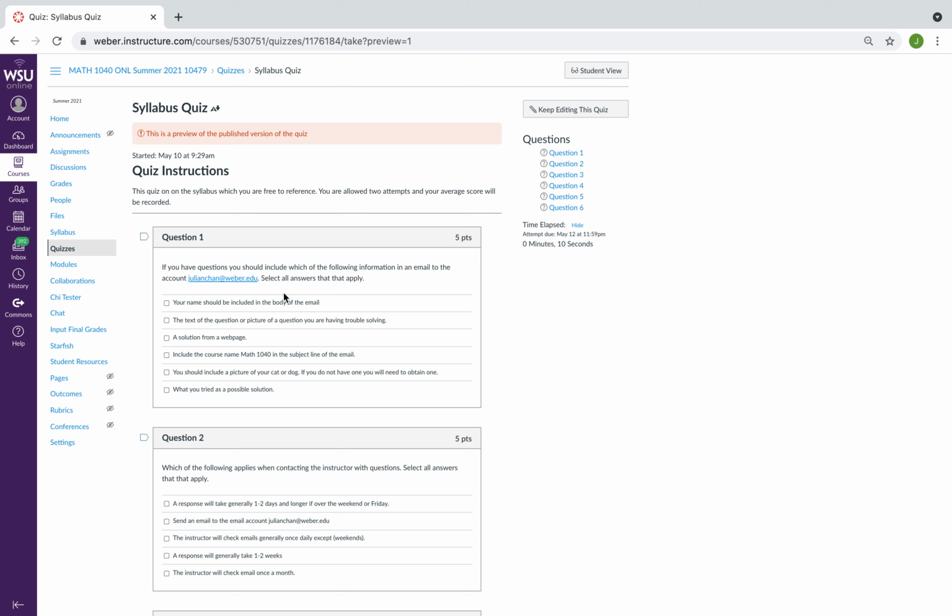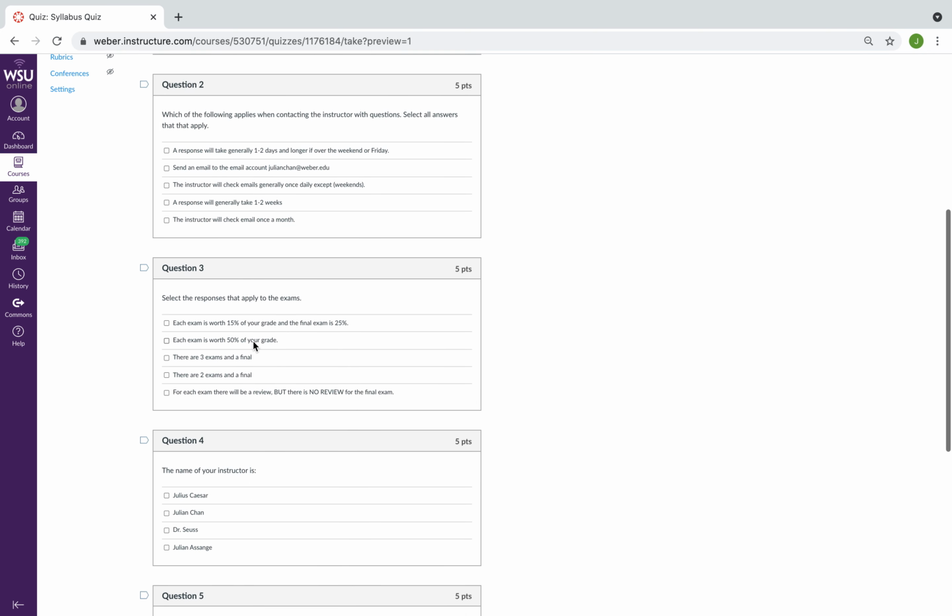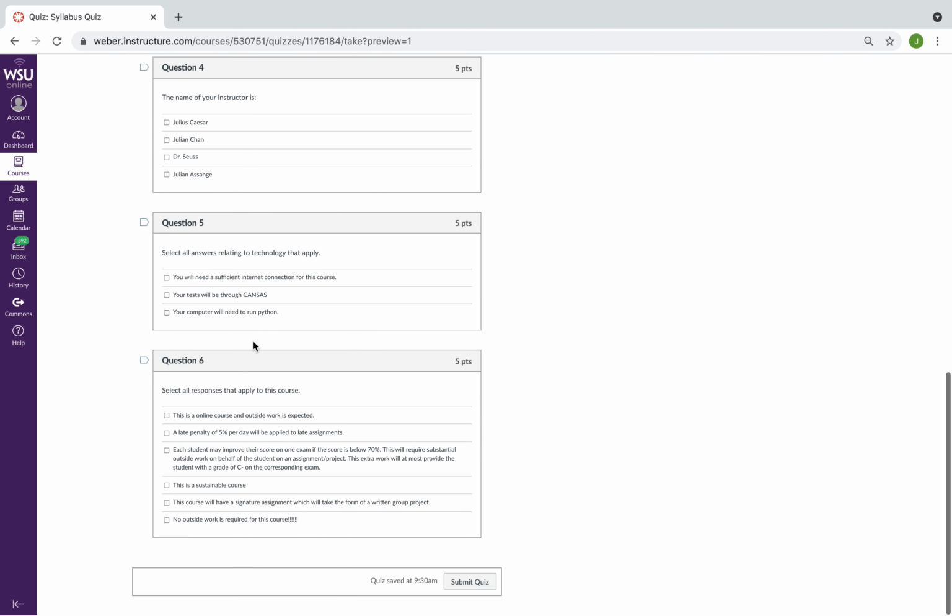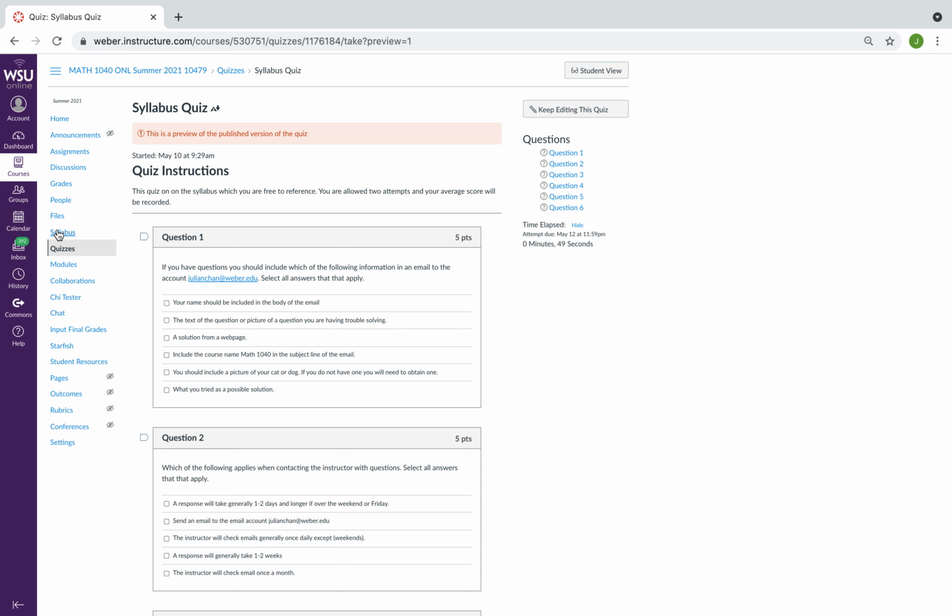Because this is an online class, most of our communication is going to be via email. And so when you send an email to me, send it to this address, and I'd like your email to have a certain format. Okay, so should your name be included somewhere in the email? I'd like you to include a text of the question or picture you're having trouble solving, so I know what you're referencing, and that helps me help you. But all of these details on these quizzes are listed in the syllabus. So there's 6 questions, and if I go to the syllabus,